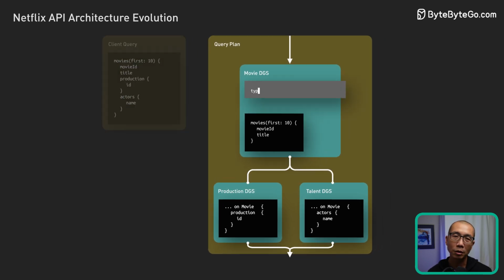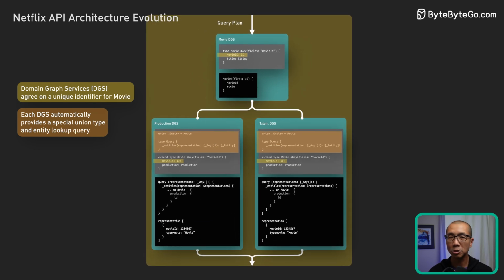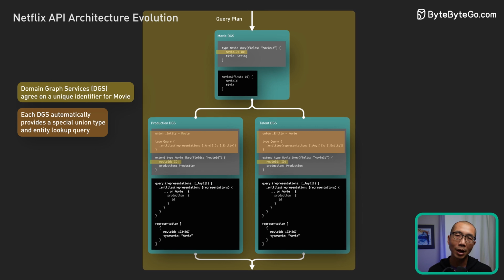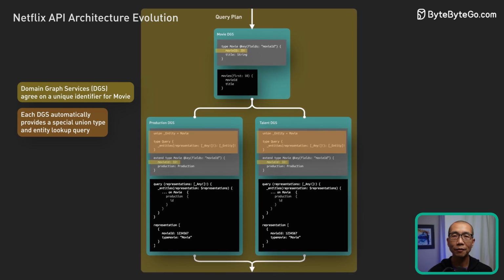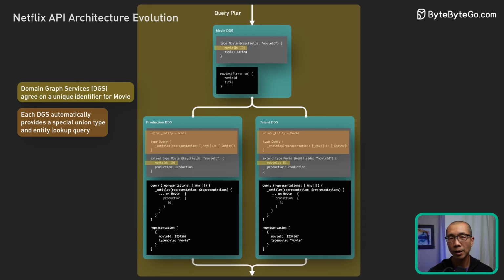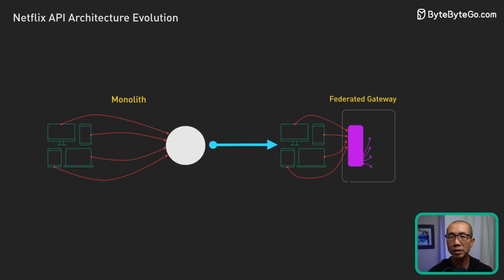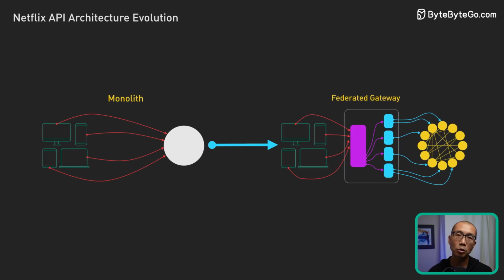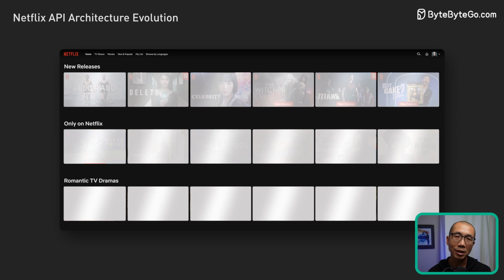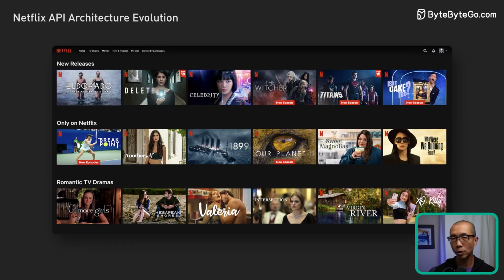Thanks to GraphQL and the federated gateway, Netflix was able to route complex business logic directly to the appropriate services. GraphQL Federation allows Netflix to set up a single GraphQL gateway that fetches data from all the other APIs. This journey from monolith to federated gateway illustrates how system architecture needs to adapt to growing and dynamic business needs. It's these behind-the-scenes adaptations that enabled Netflix to create the content we all enjoy.